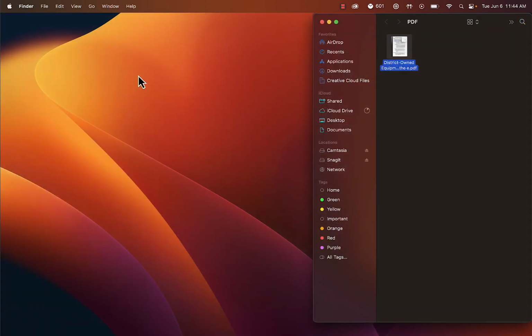So what happens if your PDF does not open in Adobe? After you download the file to your desktop or to your downloads folder, wherever it is, when you're clicking on it and let's say it opens up in Preview or opens back up in Chrome, what we can actually do